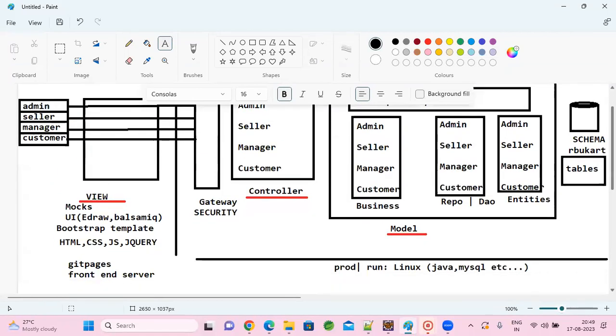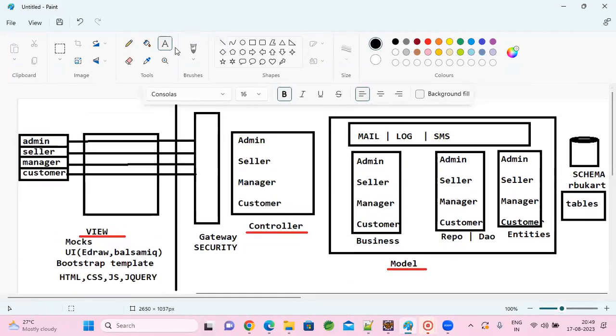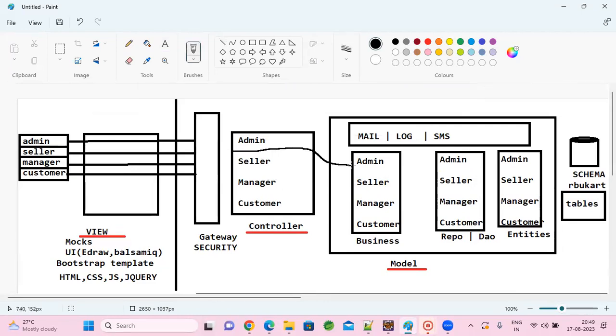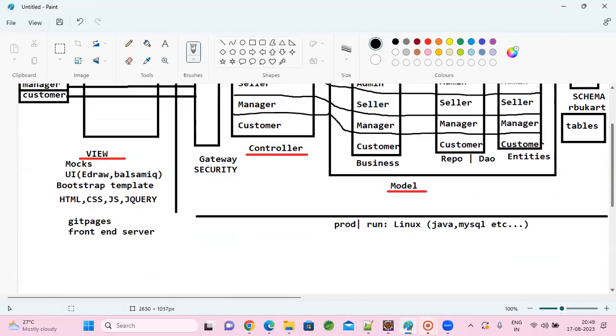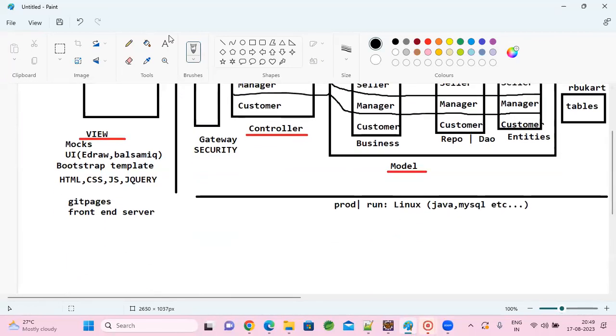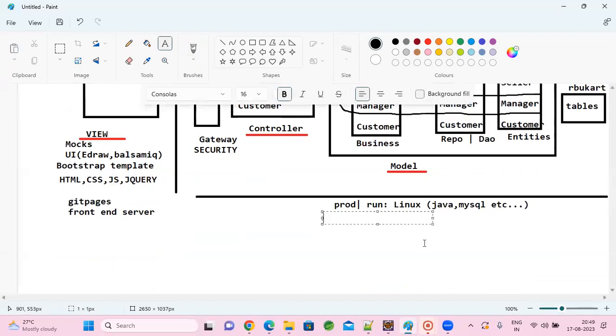How many jars will we deploy? The admin code is a separate module, the seller code is a separate module, I mean a separate application altogether, a separate microservice, and likewise manager and customer. So we will vertically break it into 4 applications, and the 4 modules will be deployed on 4 separate ports.